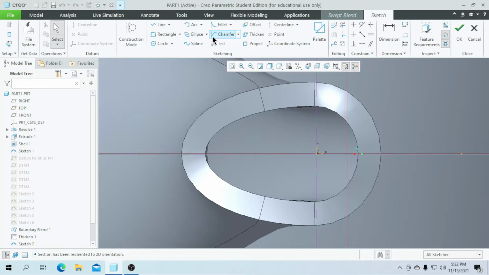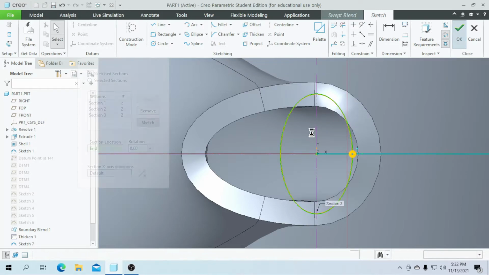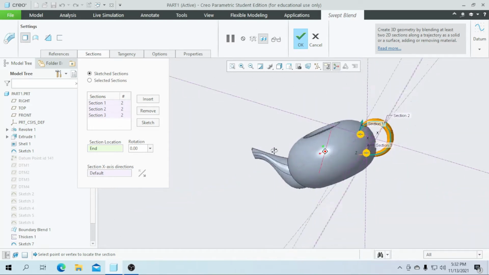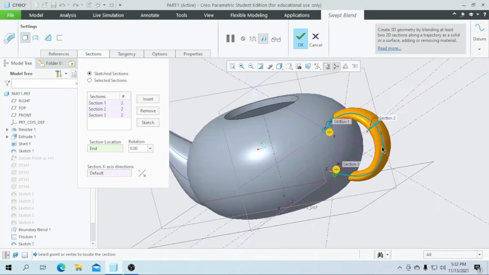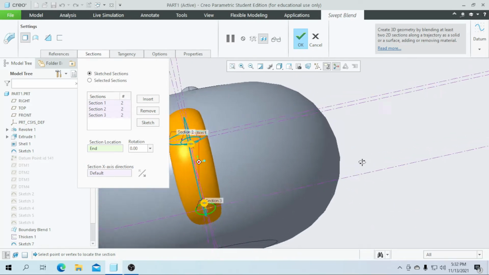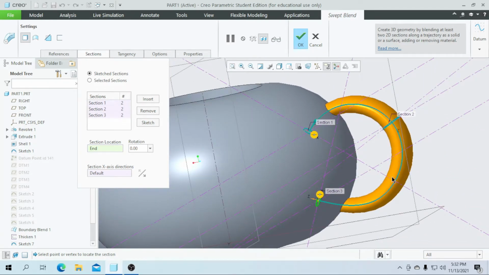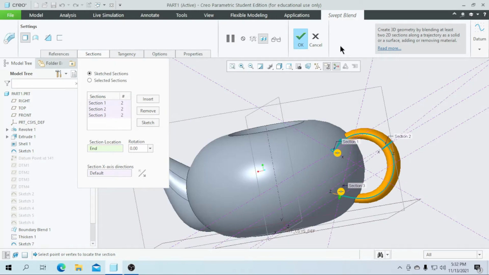So now I am going to draw an ellipse again, the same as we have done for the first part. I need this breadth to be a value of 3 and with a height of 5. Then click on OK. As you can see, our handle part is completely done with some good features. If you want to use some square, you need to get some sketch there. So then close it.